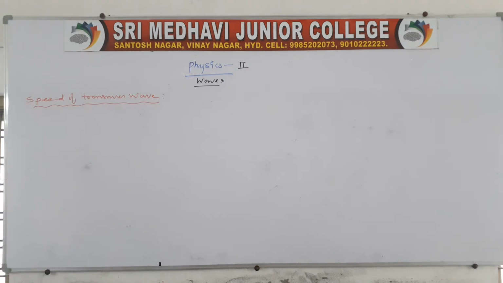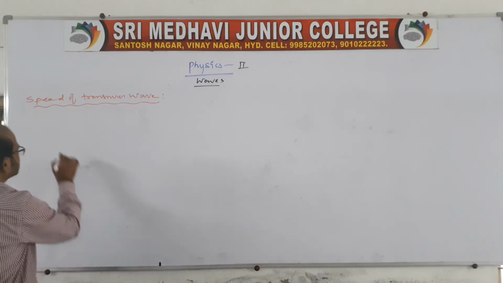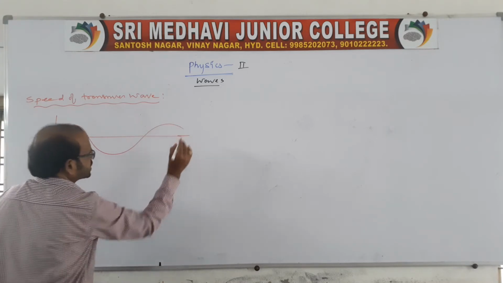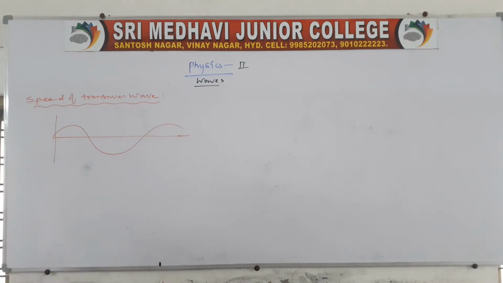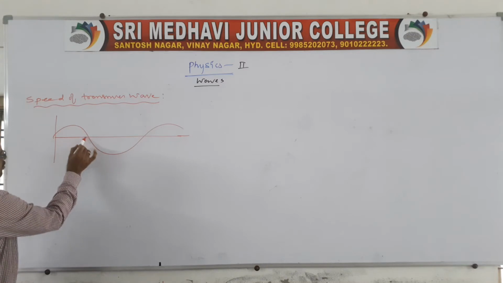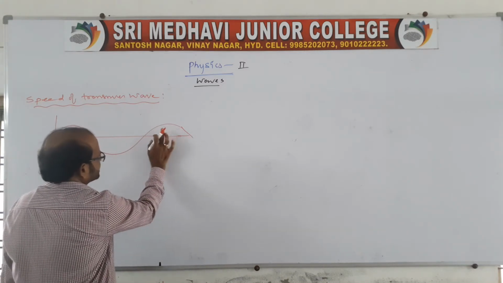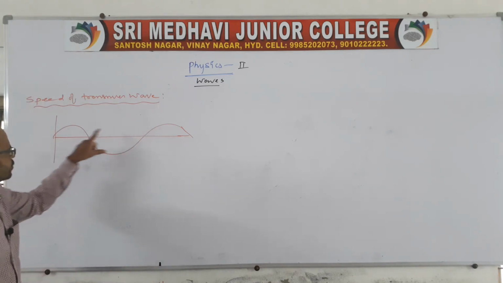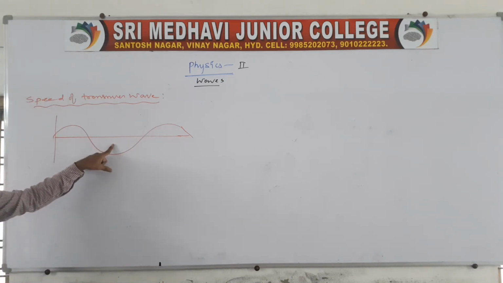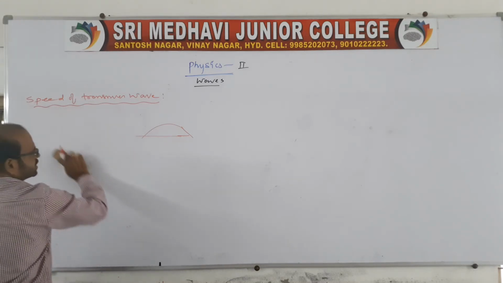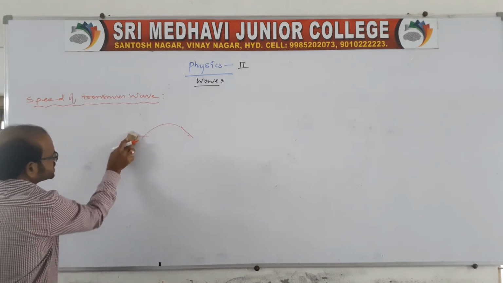Actually, the wave is propagating from a point. You take one wave which is propagating like this in a string, in a stretched string. This we can call a pulse, right? You take any one pulse, half pulse. If I go for this one, or you go for this one, you take any one of the pulses. Suppose I take this pulse, therefore the string will be stretched like this. Is it okay now?